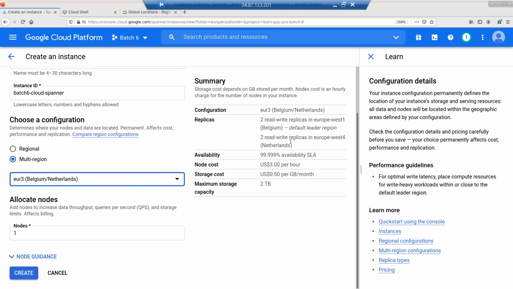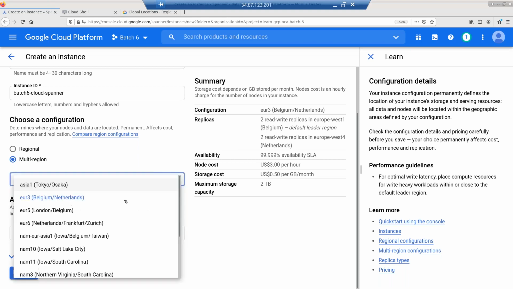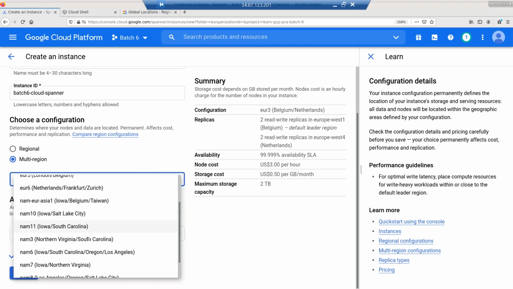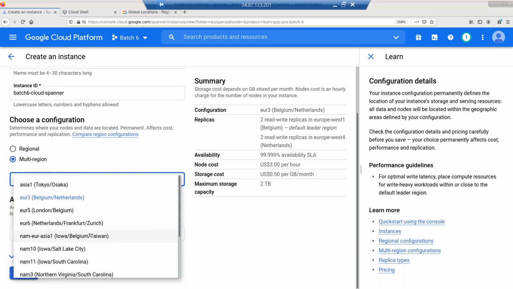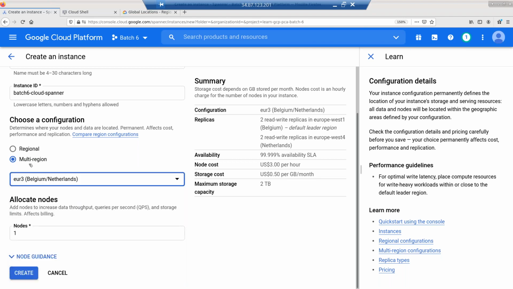But if it's more than two regions, you are going to have only read replicas. So maybe in the future they may change this, but this is the current stuff. The reason I'm sharing this information is, when you're designing it, you need to decide whether this is really going to fulfill my requirement or not. Just saying it is multi-regional, horizontally scalable, but there are certain things you need to know as a limitation here. Okay, so now going back to regional,